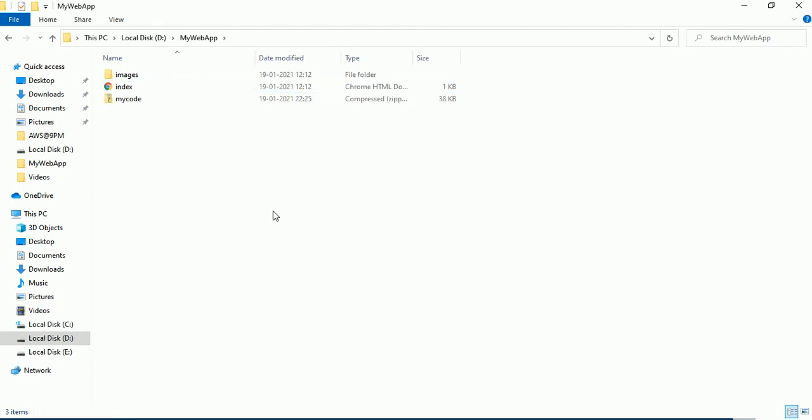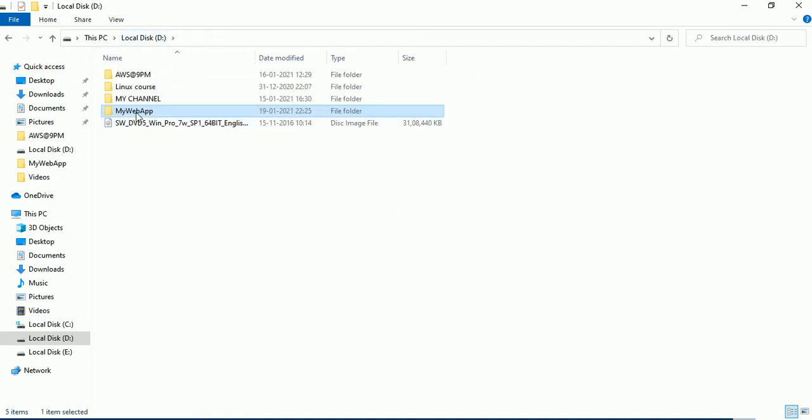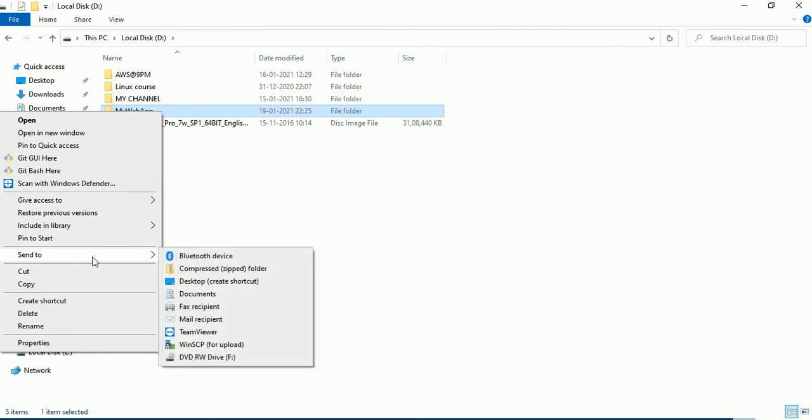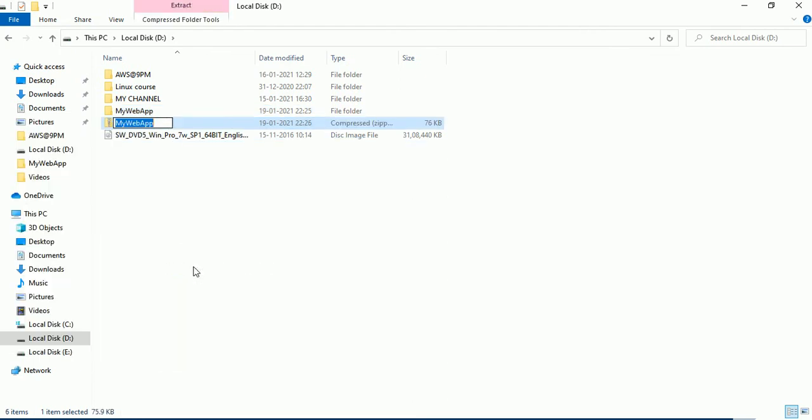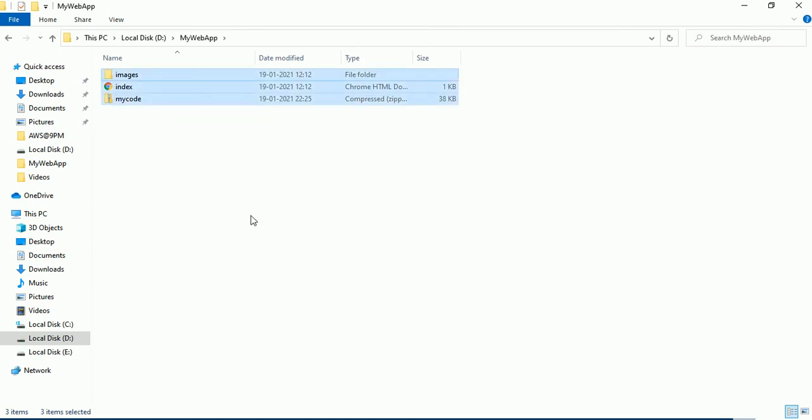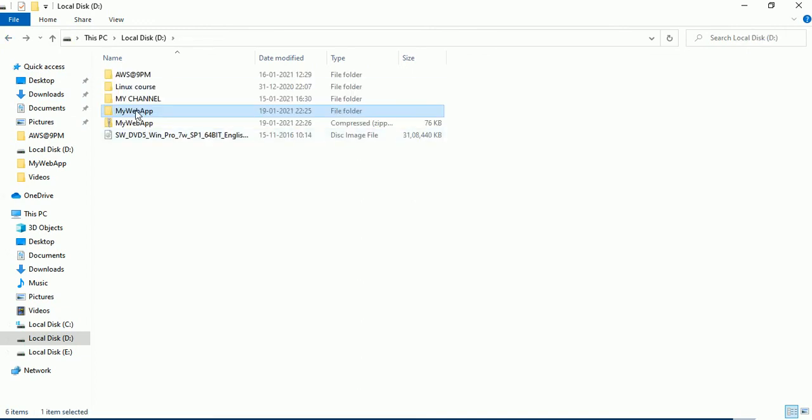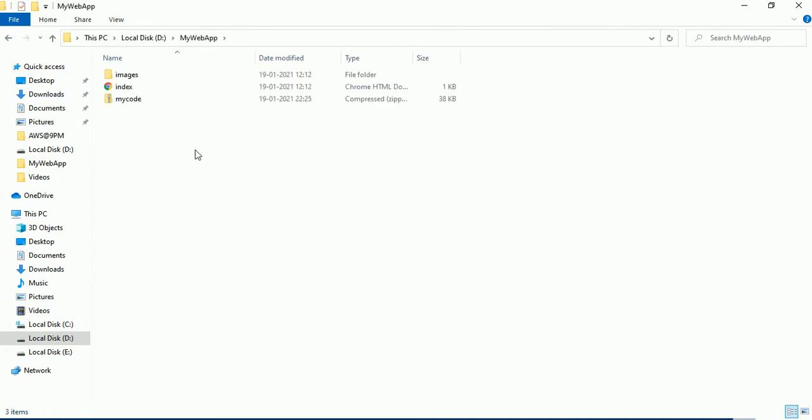You have to make your code into a zip file like this, but you should not do it like this, which I'm showing. You should not select the parent folder and directly compress it. You should not make your parent folder into a zip file. You have to go into your parent folder, select all the files, and then make the zip file, otherwise you will get a few errors. So my zip file is ready. This is my zip file.